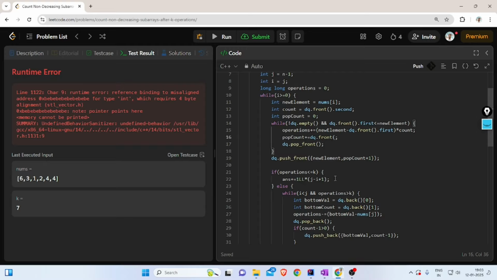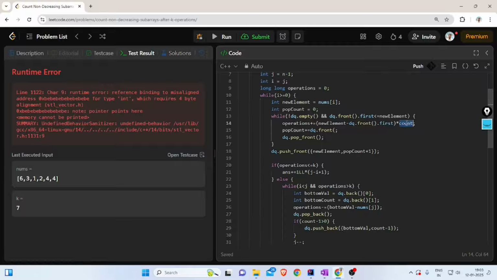Let's not have the count here. I'm not really having a benefit with it. Let's have deck dot front of 2 or 1, and finally sorry, this is dot second and this is dot second,